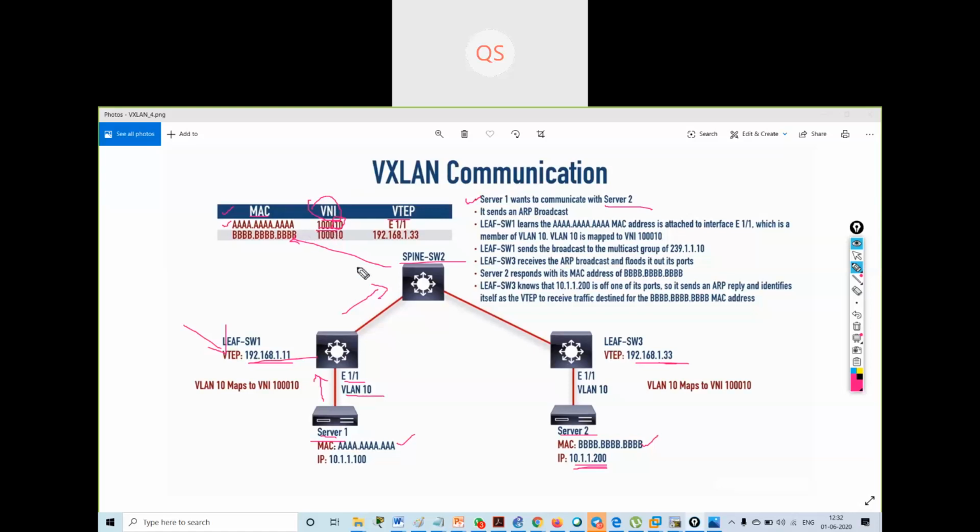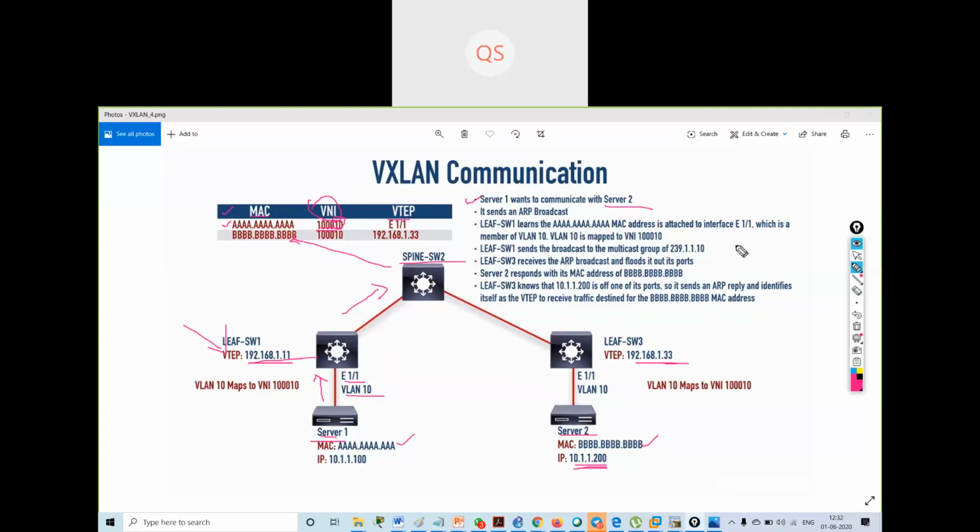Now this switch will send to the multicast group that other switches joined, because it's a member of a multicast group. We are pretending that the multicast group number is 239 something.